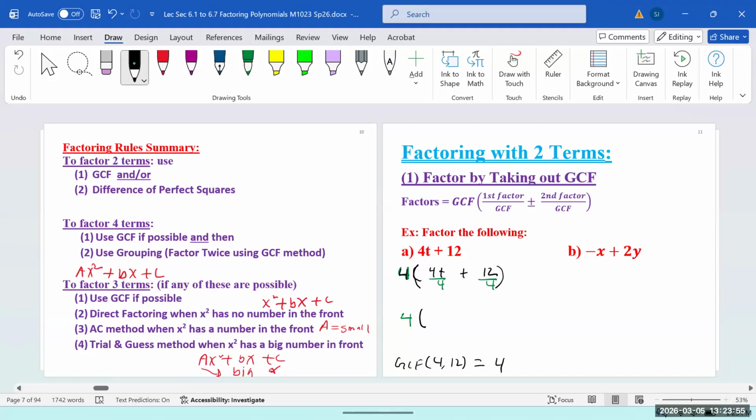What is 40 divided by 4? The 4 cancels out. So what's the answer here? 10. Then you have the plus sign. What is 12 divided by 4? 3. So we have plus 3, and this is the final result. So in reality, we never write this line. Never. Why? Because we do everything mentally. But if you do write them, things become much easier to see what is left after you factor out anything.